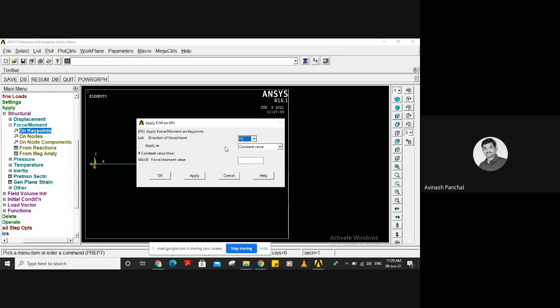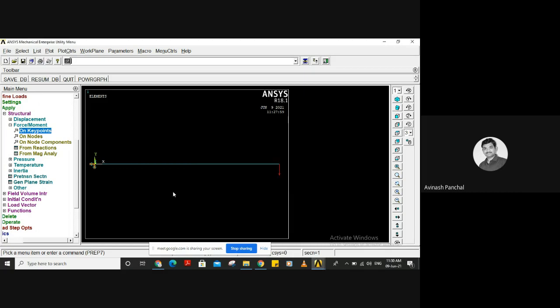So we need to give a vertically downward load having 1000 Newton magnitude. Okay, so Fy in downward direction, so that sign convention we need to consider over here, that is minus 1000, then and only then it will go downward, otherwise it will give orientation in upward direction. Okay, click on OK. So now everything is set, only the solution is remaining.